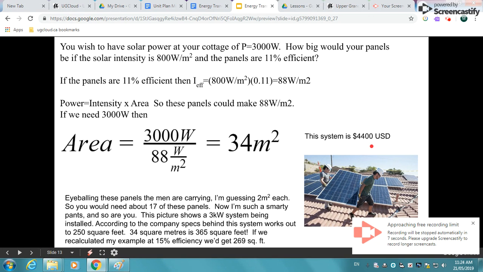And that's a $4,400 system. So they say 269 square